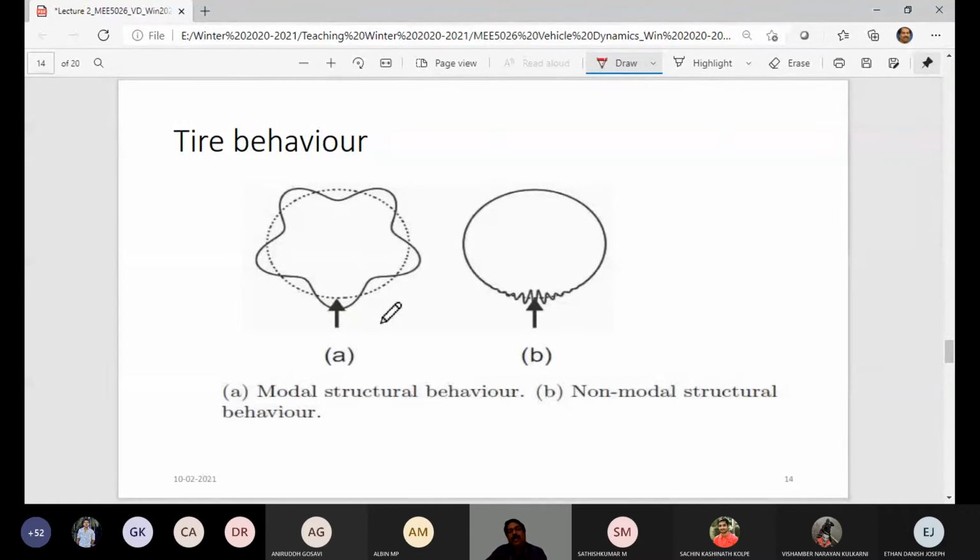So when the tire is excited, the circle shape can change like this. You can have this kind of standing wave for a particular excitation frequency. This can be an oval shape, 2 lobe, 3 lobe, 4 lobe, and so on. So the tire is not necessarily a rigid wheel. For the tire behavior to be considered a rigid wheel, there is no deformation as far as the study is concerned.